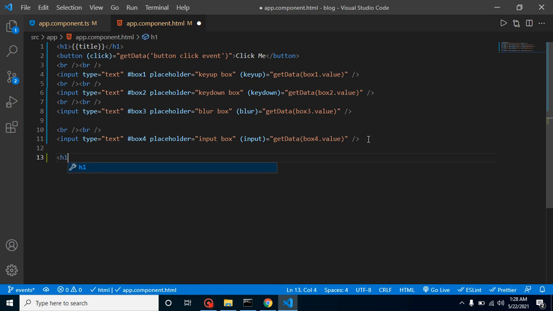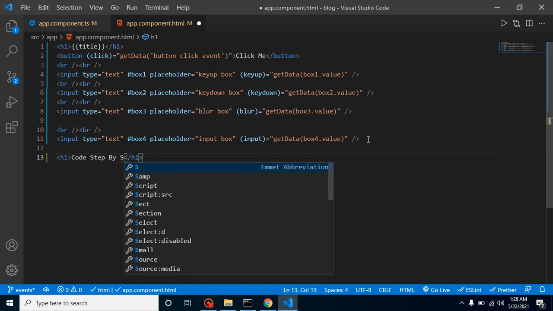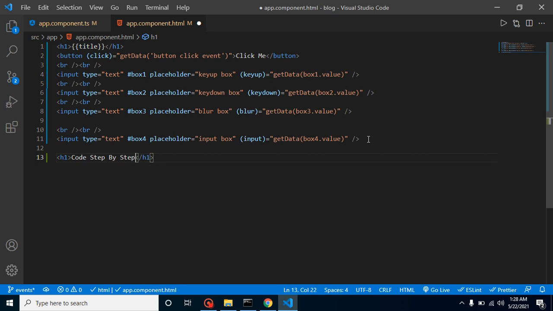Now let's talk about how we can use mouse events. Let's say I have an h1 box and I'm putting some text here, let's say code step by step. Let's use an event, mouse over, and let's provide some string here, let's say mouse over.